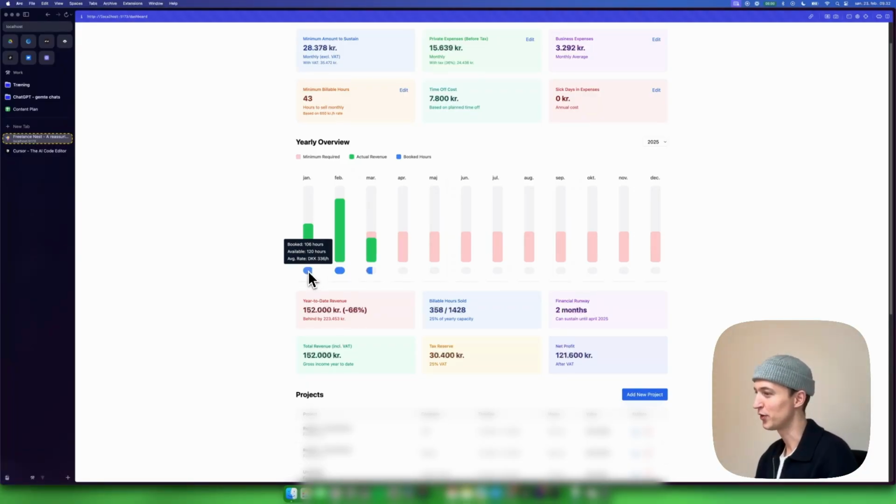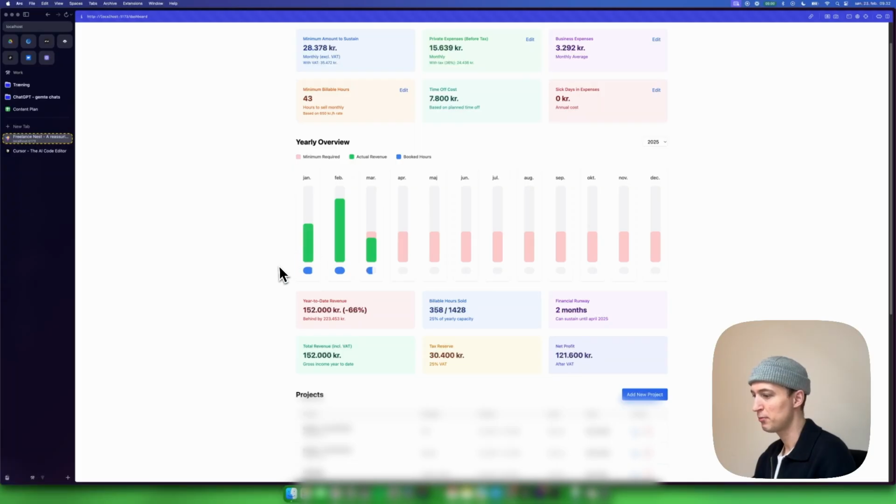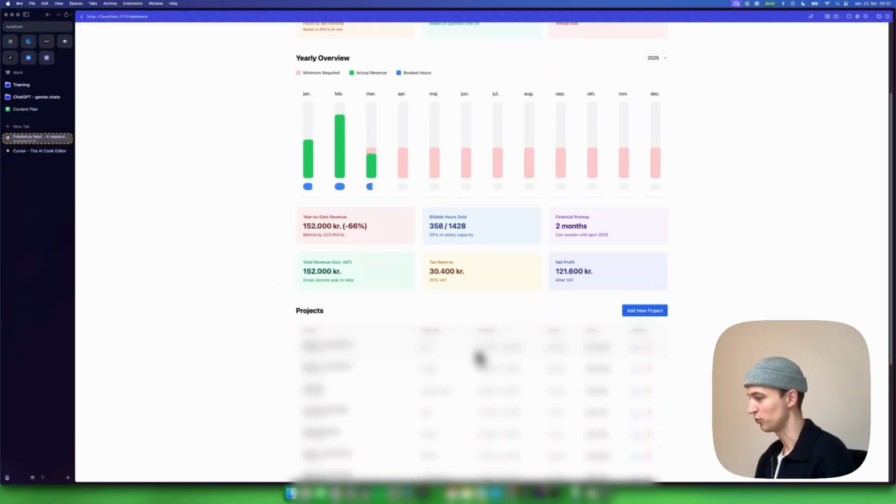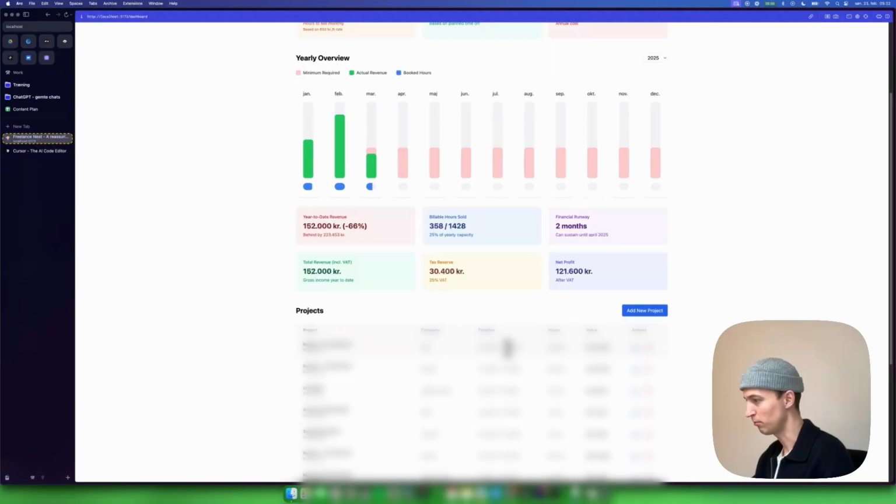And then you can see the average rate, because even though you set a rate up here in the beginning, you might sell a project for less than you actually want, because you just really want the project, for example. But when you add projects, it will make sure that it goes over several months. If you add something where it will show you, let's say from 13th of February to 13th of March, then it will of course